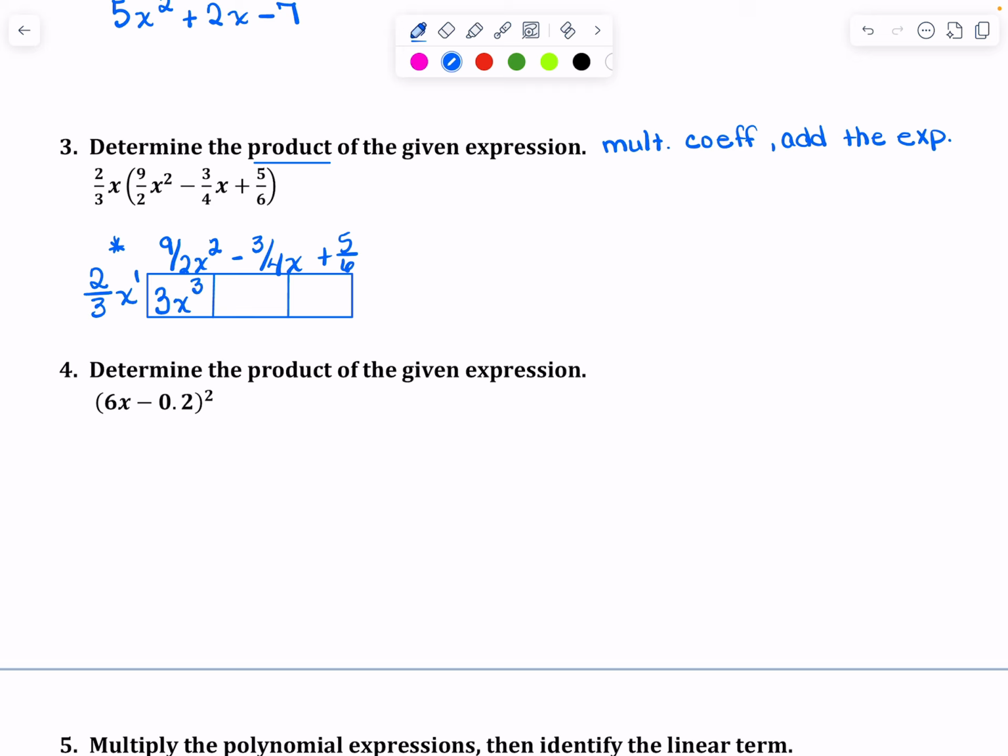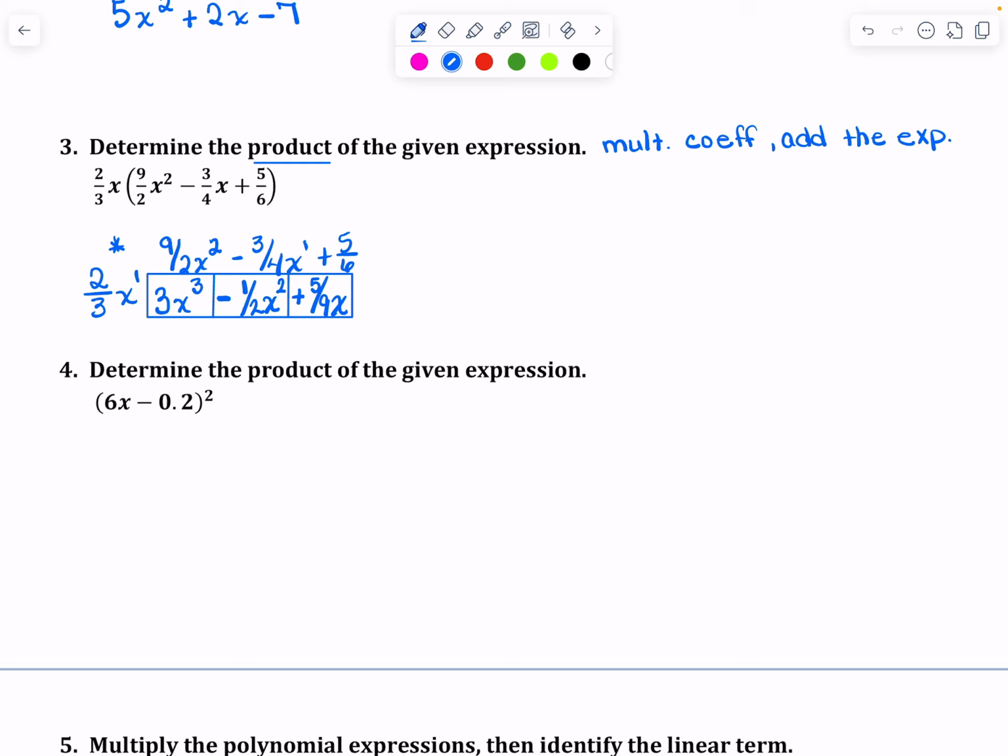We add those exponents. Now 2/3 times negative 3/4, a positive times a negative is a negative. That will give me 1/2 x squared. Both of them have x to the first power, so adding 1 plus 1 gives me 2. This last one, 2/3 x times positive 5/6, that will give me positive 5/9 x. Okay? So using that method is what we practice, because we practice using that area model or that box